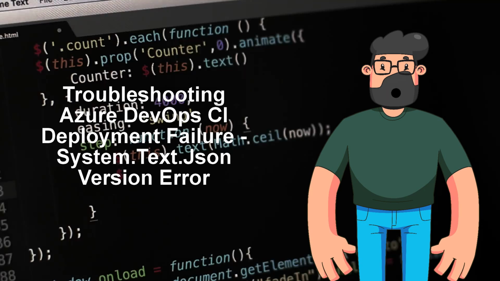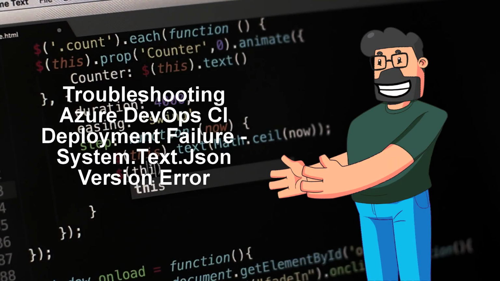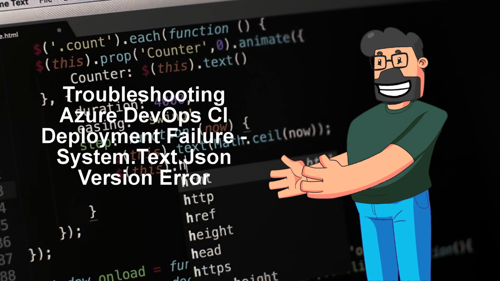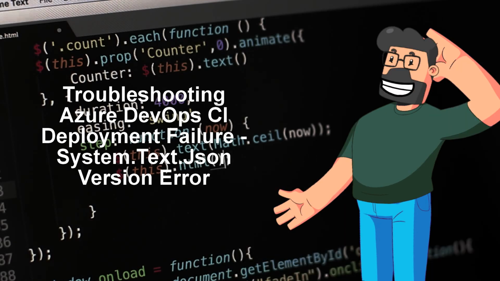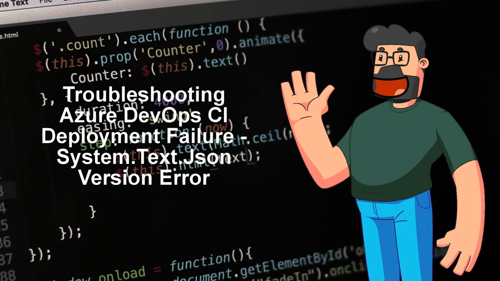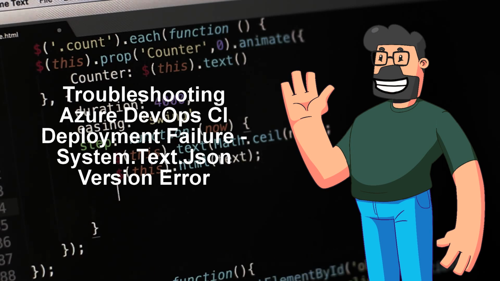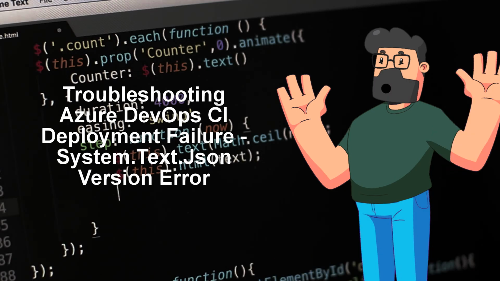Are you facing a tricky problem with your ASP.NET MVC 6 web app deployment? Let's dive into the issue at hand. The problem arises when you attempt to deploy your project using Deployment Center, and suddenly you encounter an error stating,